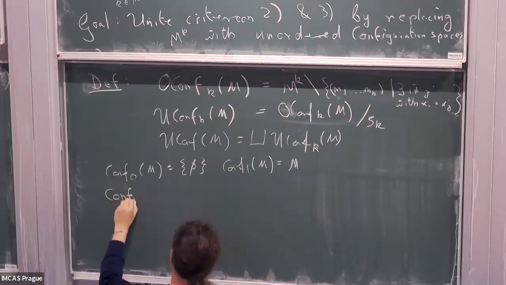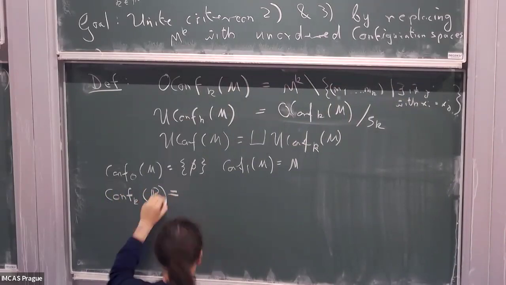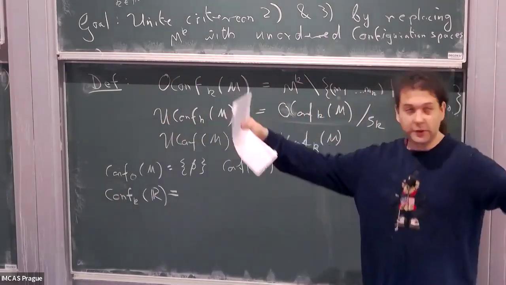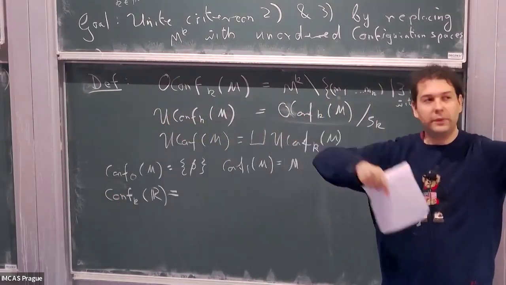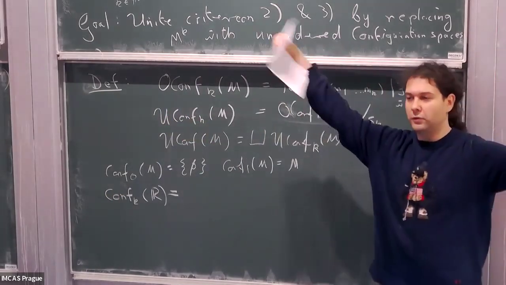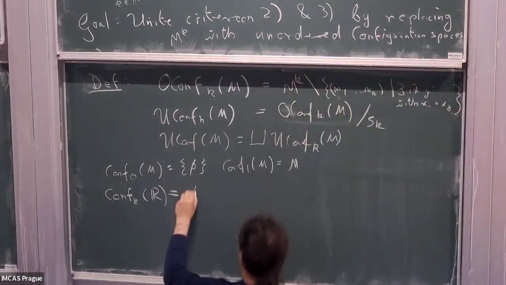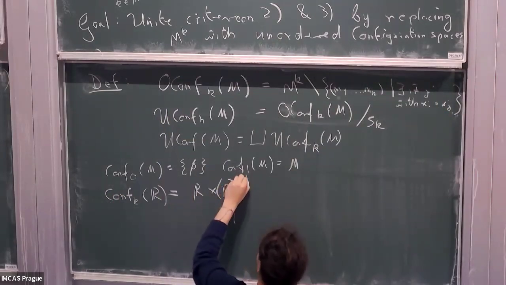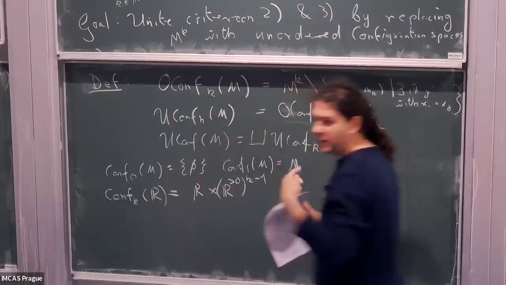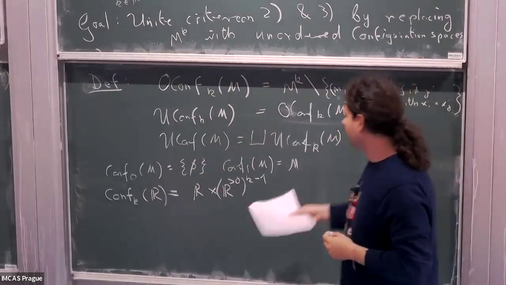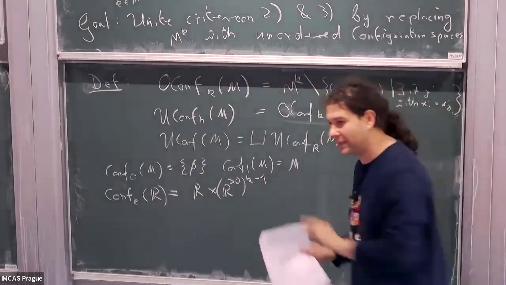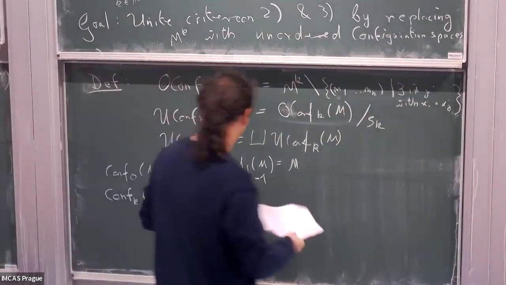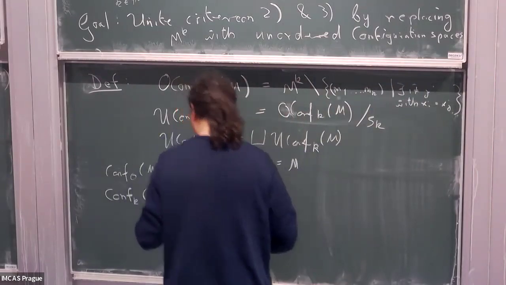A configuration of k points in R can be parameterized as follows. We look at the bunch of points, we take the very leftmost one, and then we just save the distances to the right towards the next ones. So it would be R for the leftmost point, and then R greater than 0 to the power k minus 1 for the distances towards the next points. If we didn't remove the diagonals, this would be greater or equal to 0, but it's getting a little bit complicated because the symmetric group action stops being free. So it would be a little bit weird as a space. Okay.